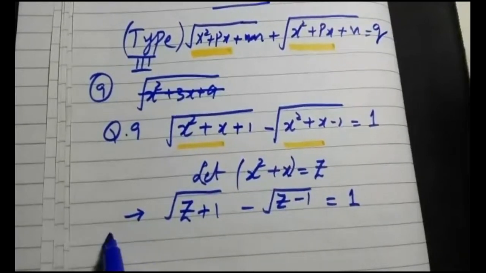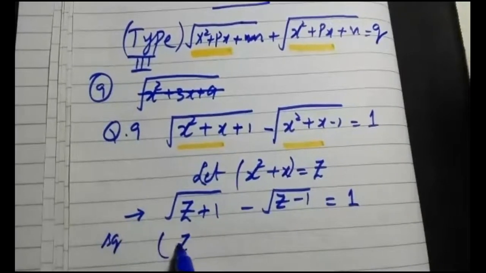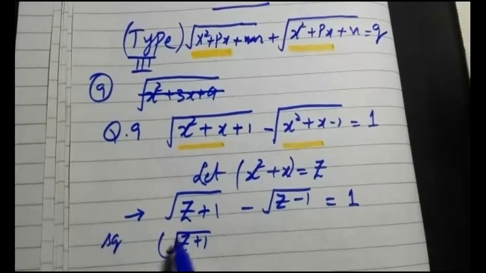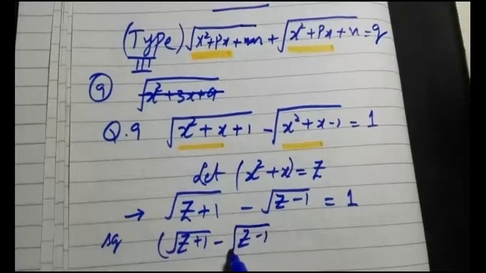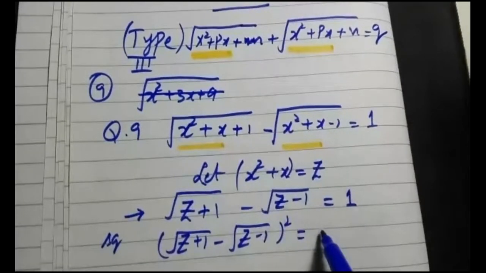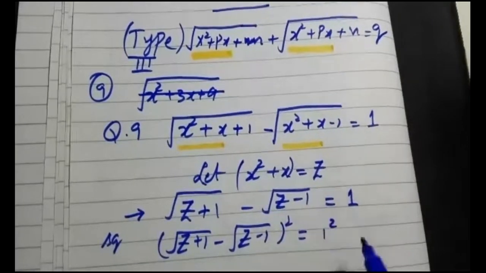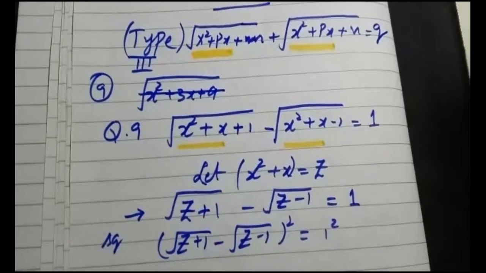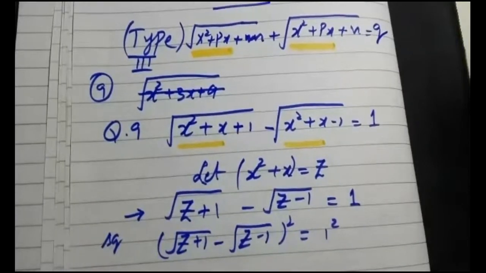Squaring on both sides. I'm just going to write it like this. The whole expression will be squared on the left hand side and on the right hand side. It is equal to like this. So we reconnect, all of you, so that we can concentrate more instead of leaving it in between.